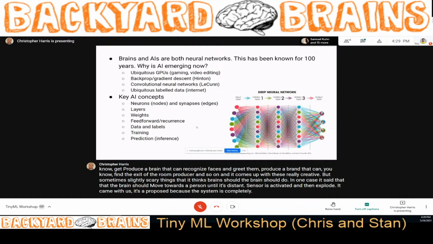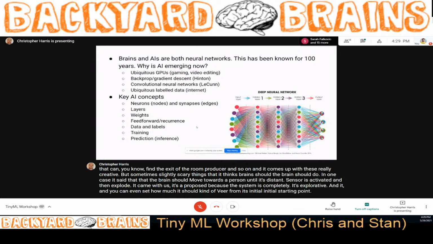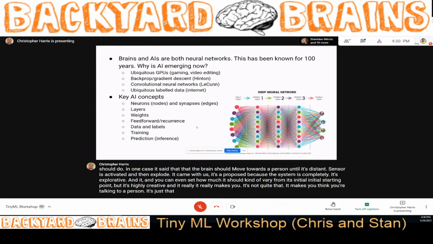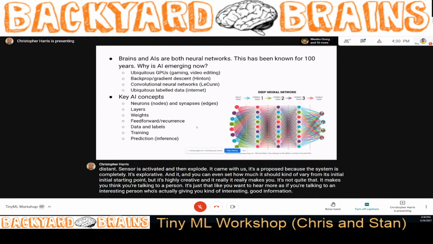It's explorative, and you can even set how much it should veer from its initial starting point. But it's highly creative. It's not quite that it makes you think you're talking to a person. It's just that you want to hear more, as if you're talking to an interesting person who's actually giving you interesting, good information. Anyway,